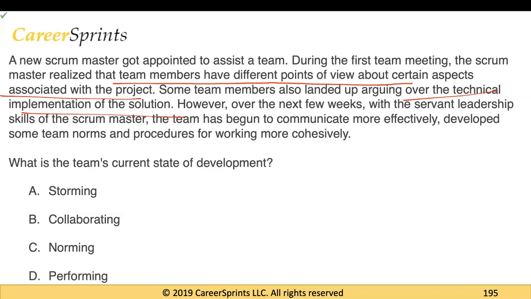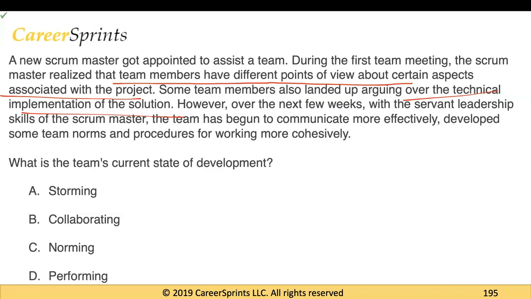happen. After the team goes through the storming stage, the next stage is norming, where people adjust with each other. People start understanding each other's personalities a little more, and people are more open to work with each other. So they are starting to work as a unit. They are still not there yet. There could still be some minor issues, but this is still a much more cohesive stage to be in. Right. And then finally you have performing, and in performing the team has become a very solid